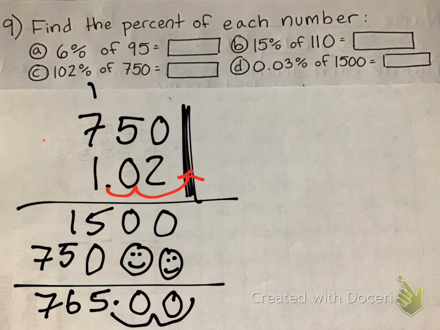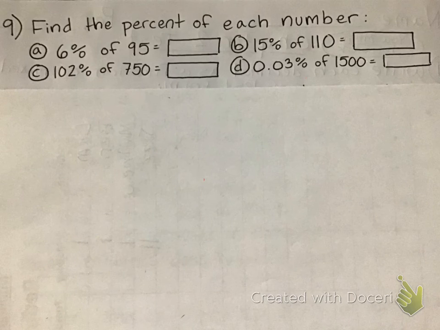We move our decimal back 1, 2. We get our answer to be 765. Exactly. Lastly, I want to see Gloria. What is 0.03 as a decimal? 0.00. Perfect. It's going to be